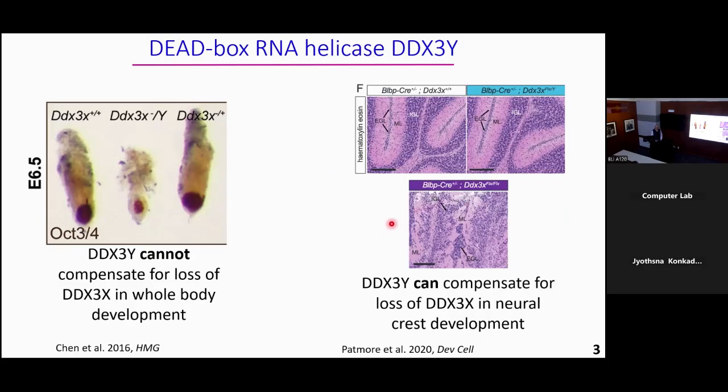DDX3X and DDX3Y sometimes complement each other in development, and sometimes they don't. That means suppose one is mutated so its function isn't operating properly, then the other allele that's encoded on the other chromosome can take over for it. That's called complementing it. It doesn't matter too much exactly how, but in some cases the Y chromosome version of the helicase will take over if the X chromosome one is not being expressed, and in some processes it doesn't. And there's actually something called DDX3X syndrome, which only the girls get,